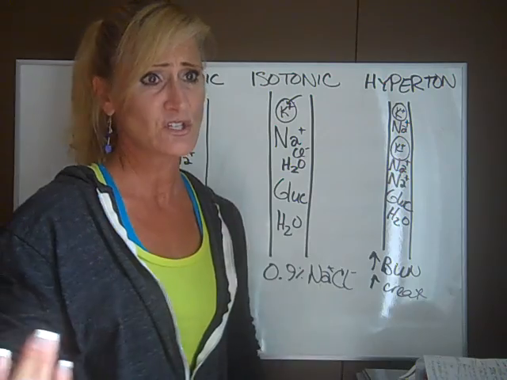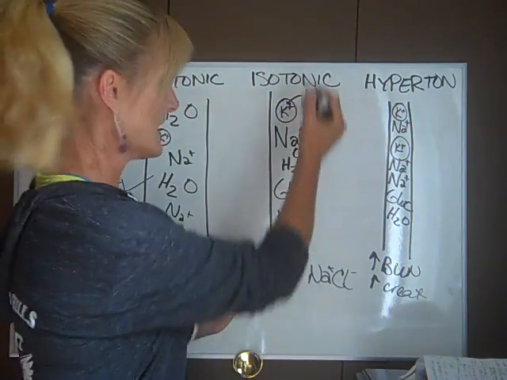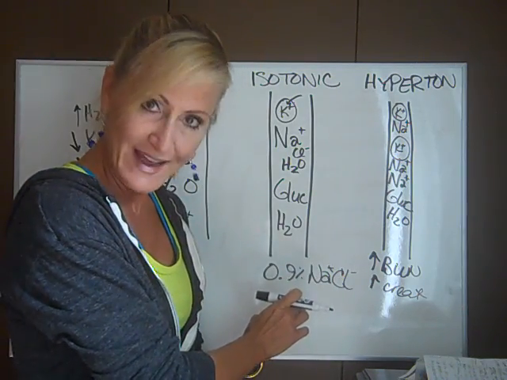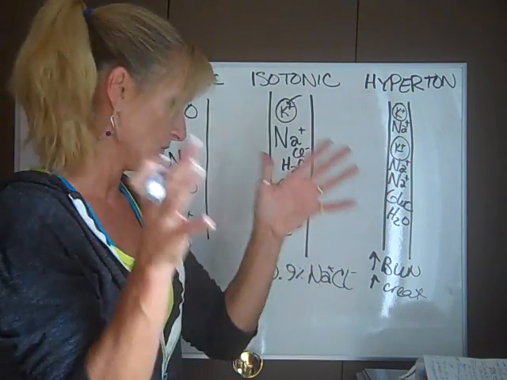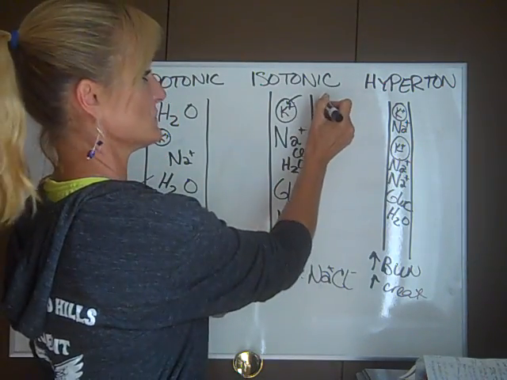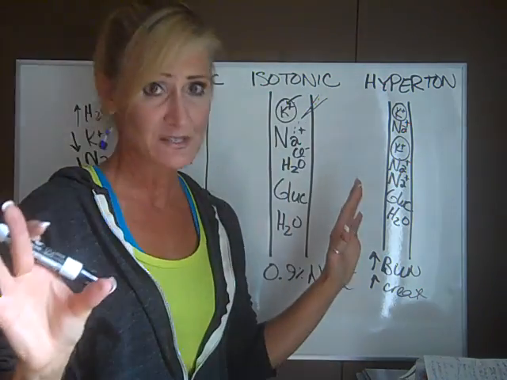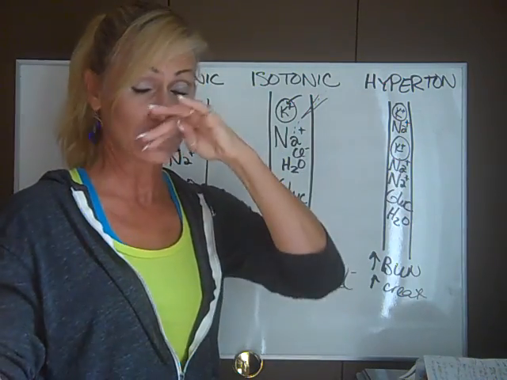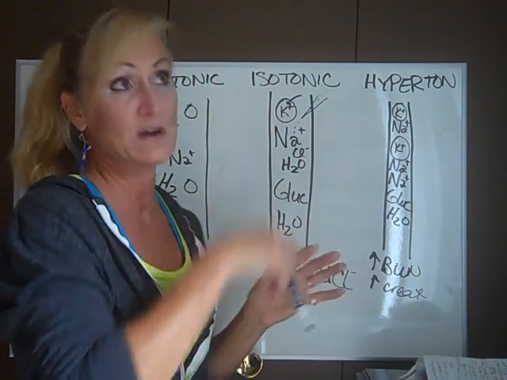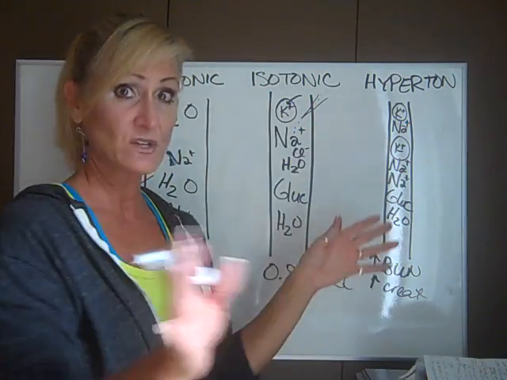So that's why you have to add something to the distilled water. IVs are cheap. It's really cheap to give somebody an IV because it's just distilled water. But then you have to add something. So the isotonic fluid is 0.9%. Don't confuse that for 9%. It's not even 1%. 0.9% sodium chloride. That's the first isotonic fluid. So if you give somebody that, so you start the IV here, and you're giving somebody some fluids in there, nothing happens. Nothing happens to the solutes. All you're doing is adding water, or fluids. So this is great if somebody is going to surgery, or you just need to keep a vein open so you can give some antibiotics, something like that. That's a great choice. The other one,